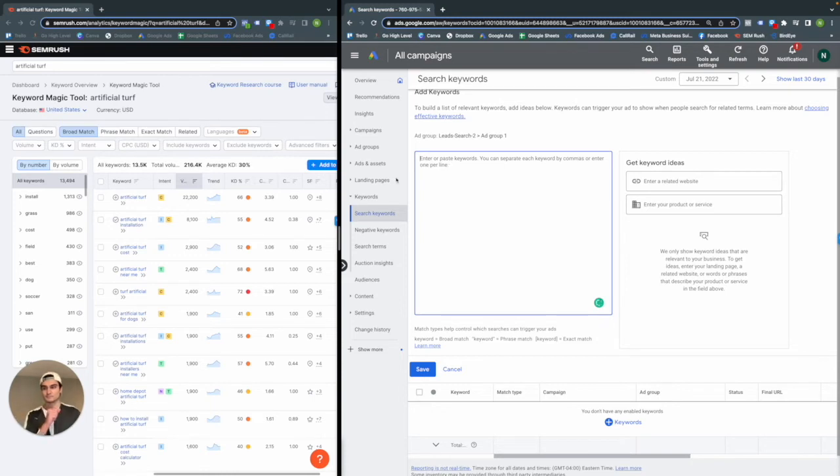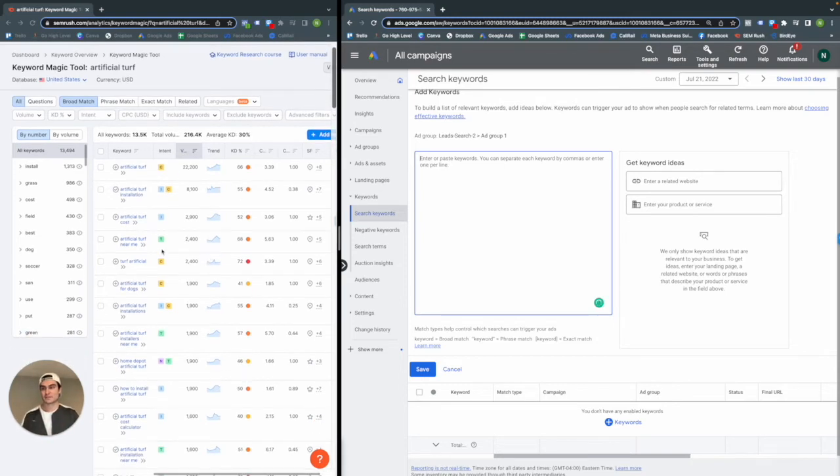So we're going to go through SEMrush here. We have artificial turf near me. The intent is high, the volume is good, so we're going to add that into our Google Ads campaign. However,